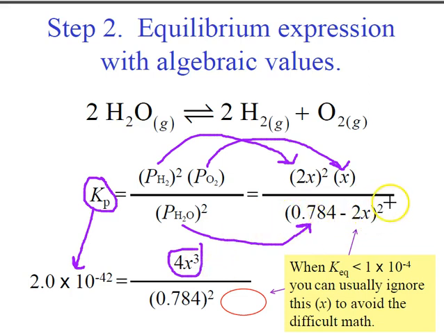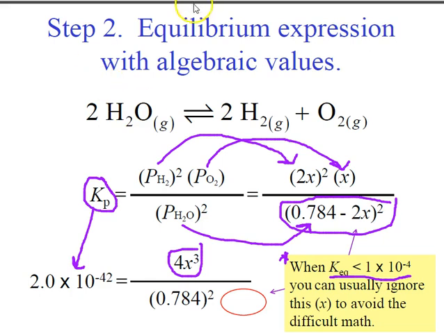Now here, this is looking pretty gnarly, right? If I had to square this bottom term, yikes. That would cause me to have to do the quadratic formula. So here's a shortcut that AP is going to let us use. This is an important one in this star box here. If your KEQ value is less than 1 times 10 to the negative 4th, so if it's 1 times 10 to the negative 4th, negative 5th, negative 6th, so on and so forth, we can usually ignore x's that are